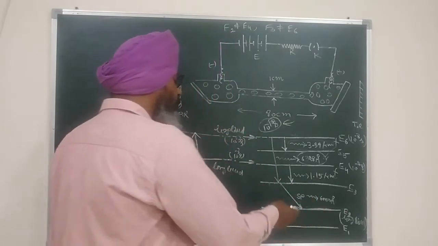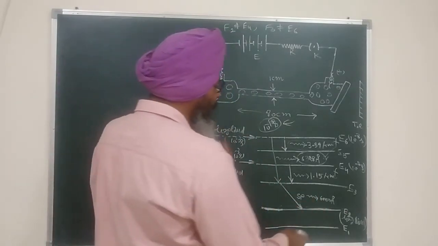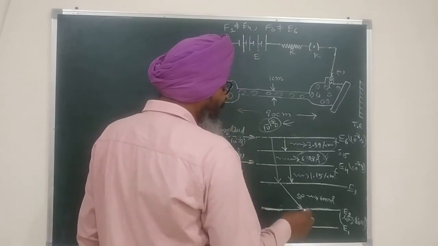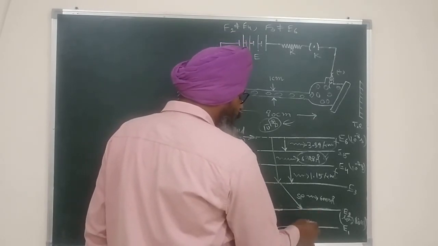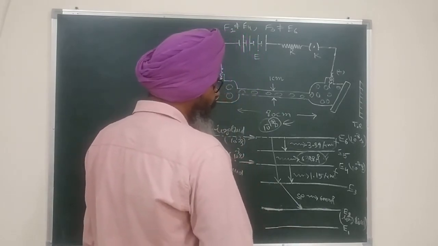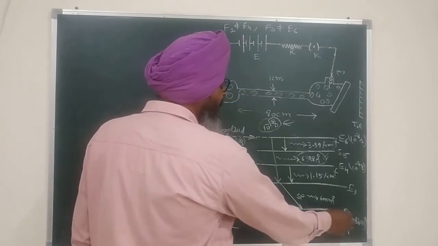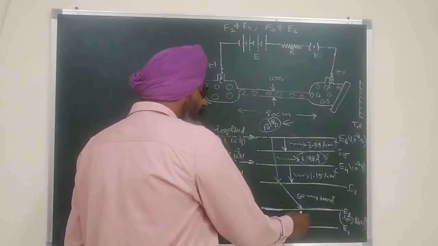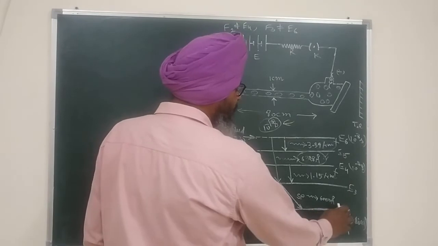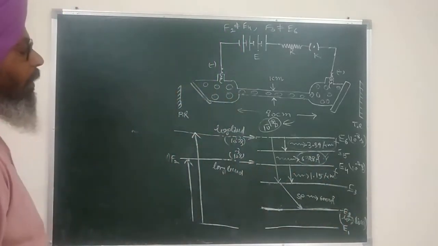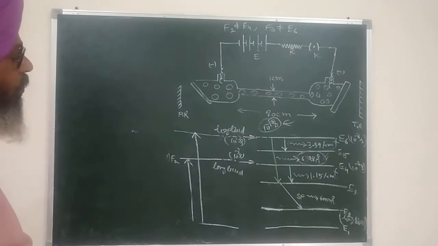So instead of waiting for the time during which the neon molecules will come from E2 to E1 automatically, we have to bring them down from E2 to E1 as soon as possible. Means as soon as a neon molecule is de-excited to state E2, we must artificially bring it back to E1, so that E2 and E3 both always remain a minimum in number. So what do we do for that?